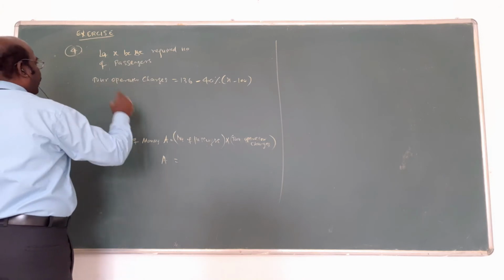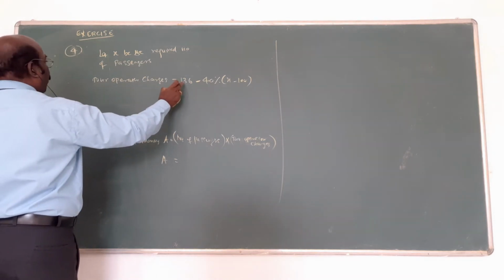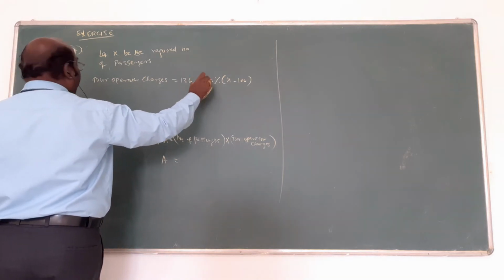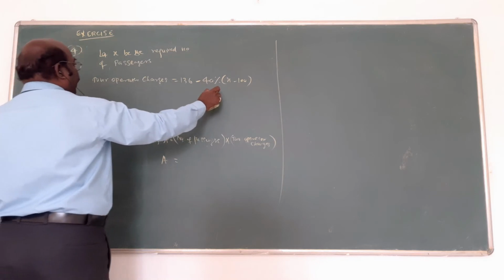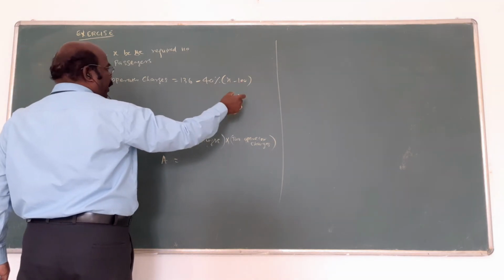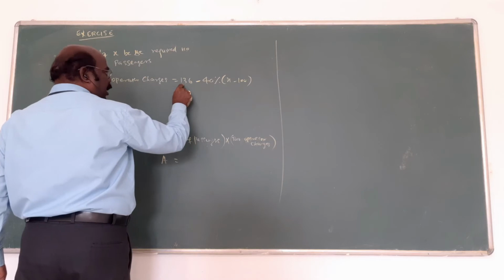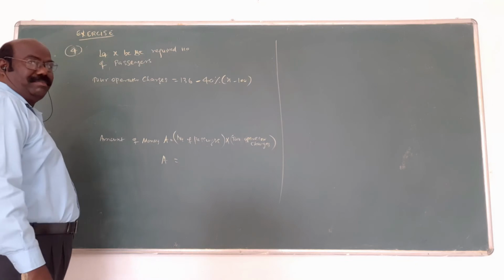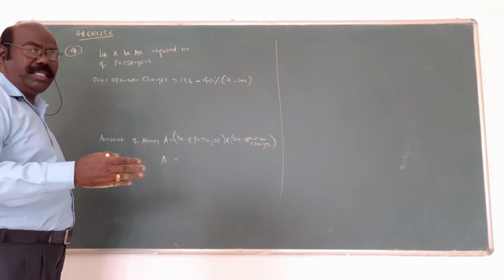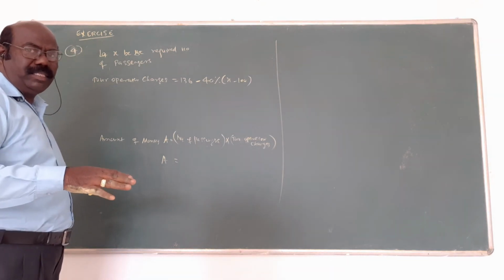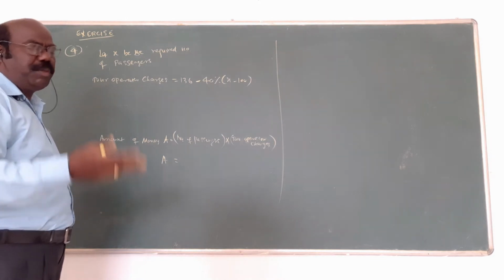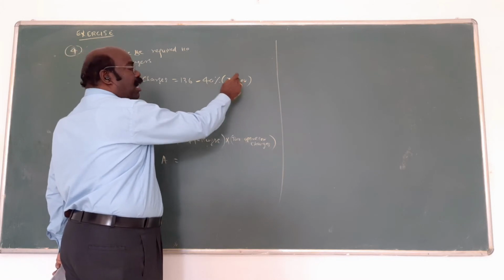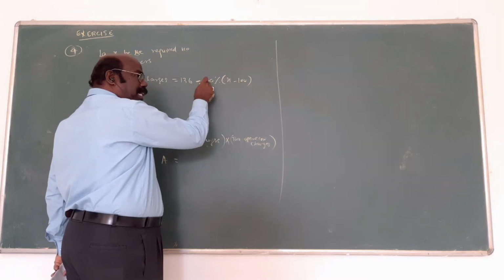Our tour operator charges what? Rupees 136 per passenger with a discount of 40% for passengers in excess of 100. So more than 100 passengers will automatically come in at 136 rupees, and the discount will be given on the excess part. The first 100 passengers get no discount. Suppose 150 passengers come. 150 minus 100 is 50 passengers, and the 40% discount will be given on these.